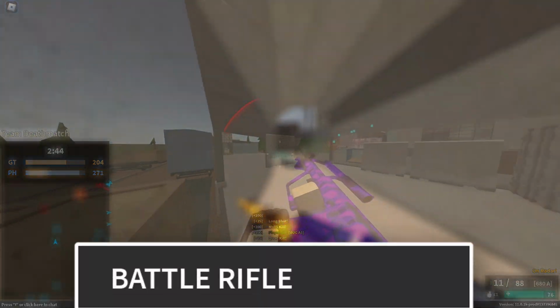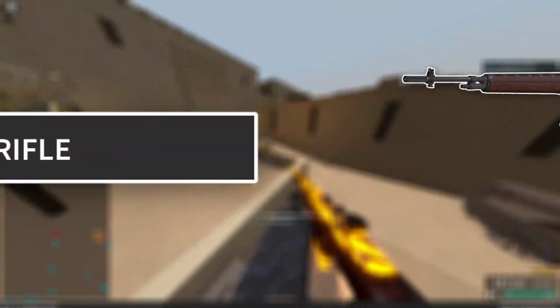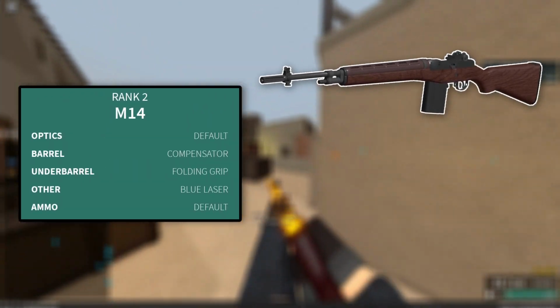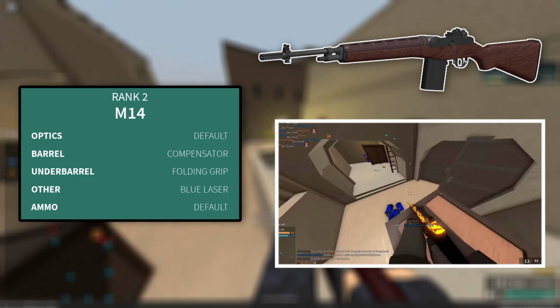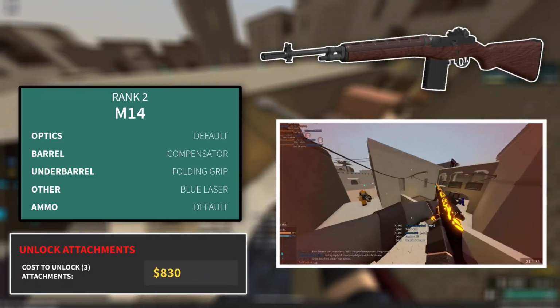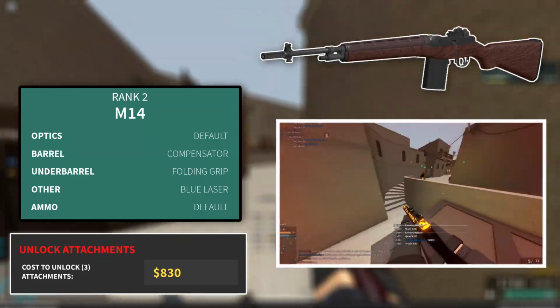In the battle rifle category, there are only two starter guns, the first one being the M14 with the compensator, folding grip, and blue laser. Minus the lack of sight, this is the setup I've been running on the M14 ever since it first came out, so considering this only costs 830 credits from 0 kills to get in exchange for the M14's sheer carnage,